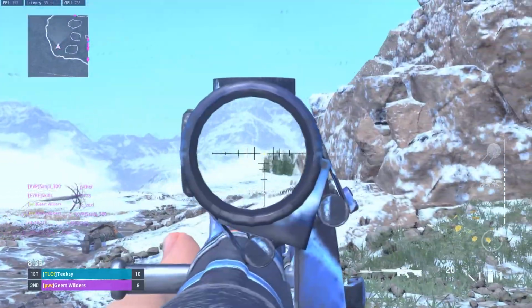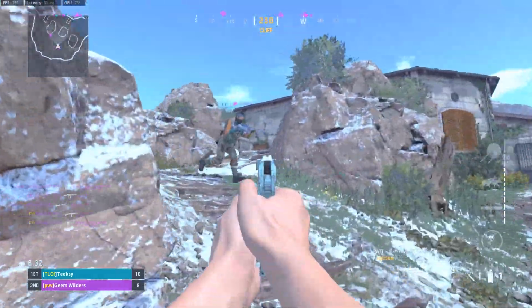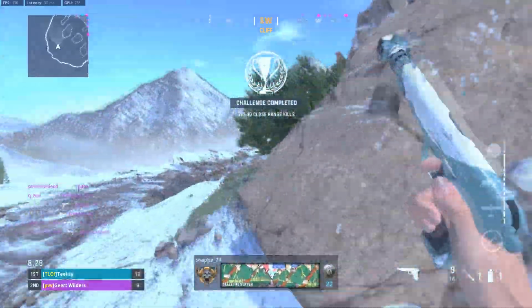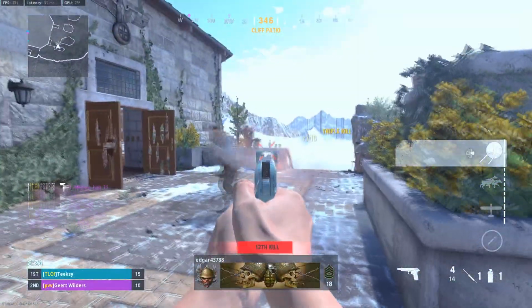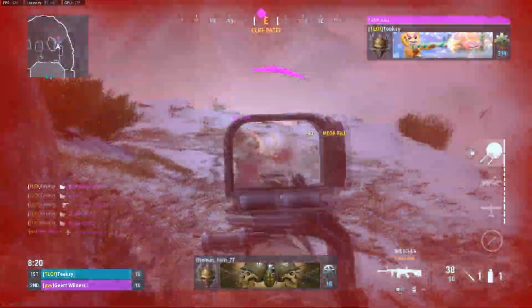So today we're going to be throwing it back to 2021, having a little bit of fun, and I'm going to be ranking all 27 of Vanguard's multiplayer maps from worst to best. Let's get into it. So starting us off at number 27, and the worst map in Vanguard in my opinion